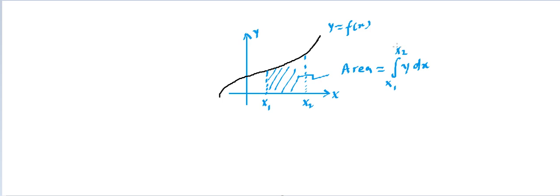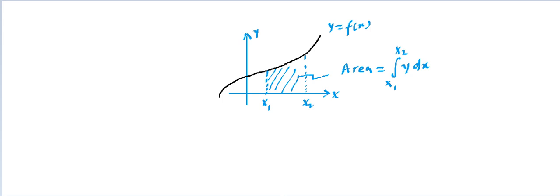This you have understood, right? And you also have understood how this area is coming in. That means we take a differential dx and we multiply with this y, and then we add summation, means integration means summation. That means we are adding all these strips, and then it is coming to this total area.